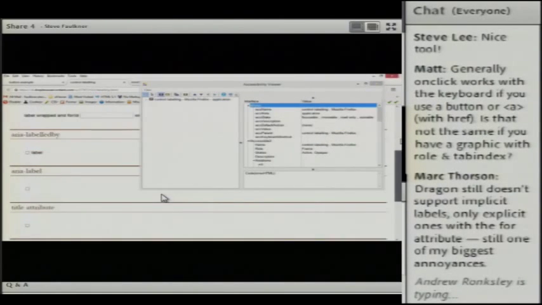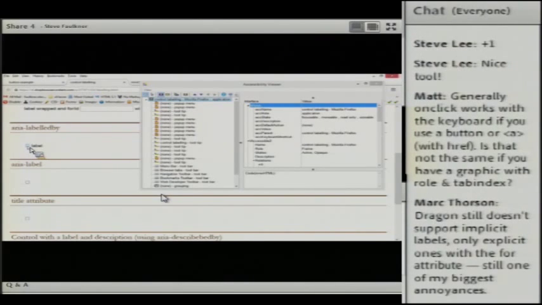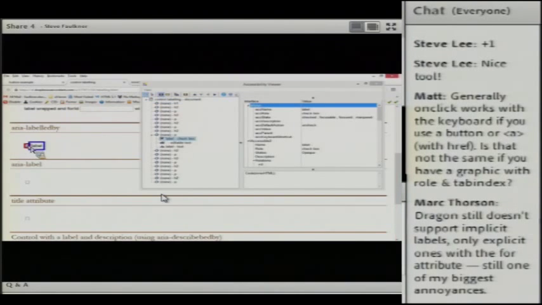So as I mentioned before, you wouldn't do this with an ARIA label on a standard checkbox, because unlike the label relationship, whether it be wrapped or for ID, you can't click on an ARIA label and activate the checkbox, whereas you can with a normal standard HTML label.